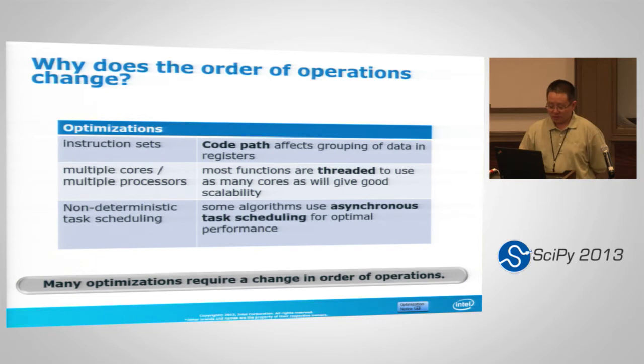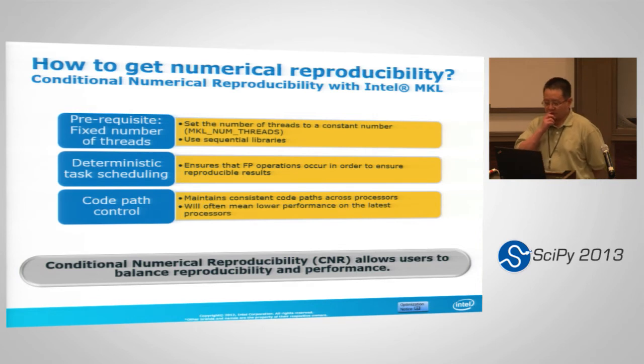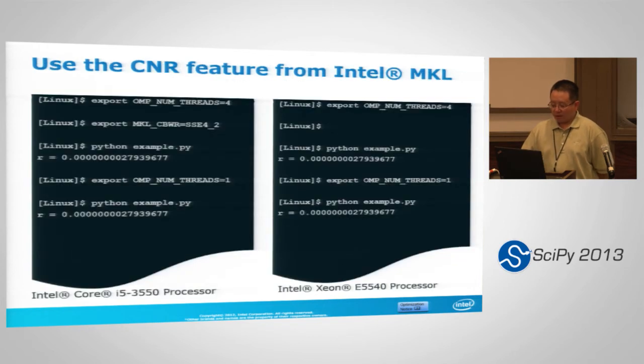All right. And other reasons: multi-cores, multiple processors. When we do threaded execution, because multiple threads may complete at different times, we don't have a deterministic reduction. Okay, so here is the solution that the Intel Math Kernel Library provides. We provide basically a bunch of controls that allow people to control those factors at runtime. But first, you have to fix the number of threads. Now, this is something that we cannot help. As long as you fix the number of threads, then we have some control.